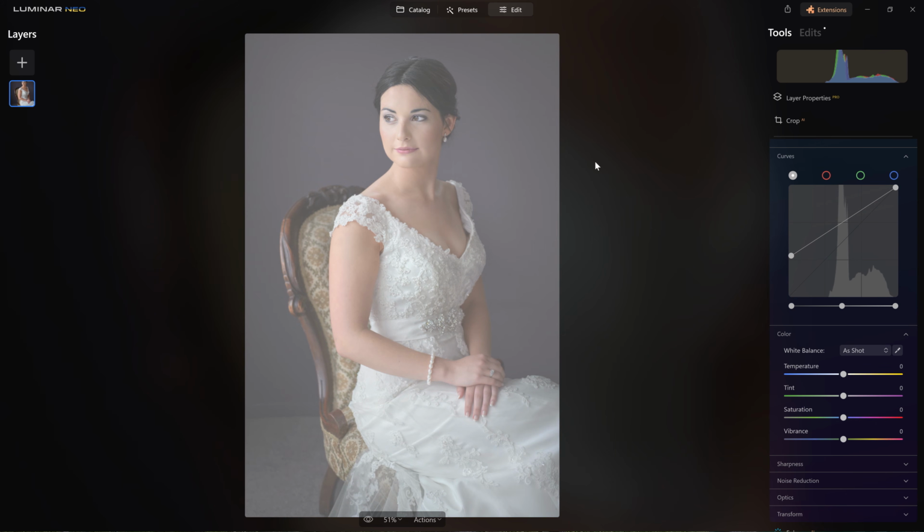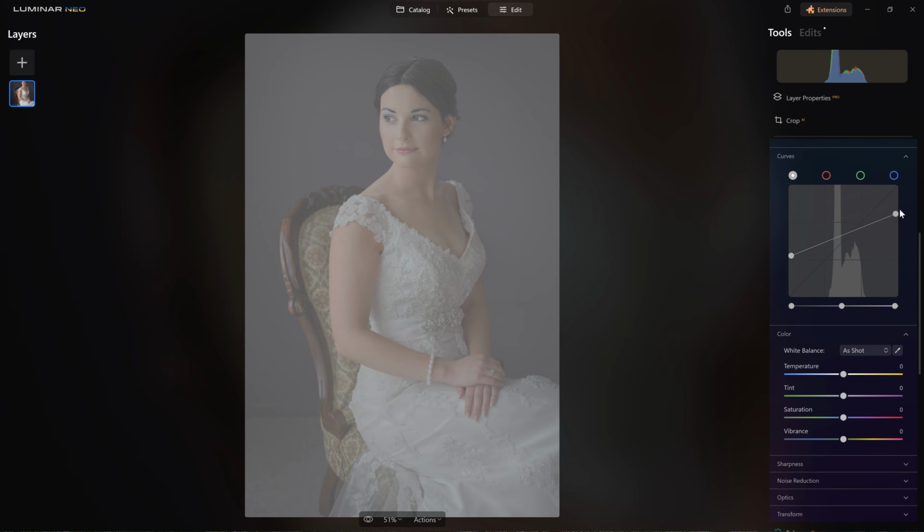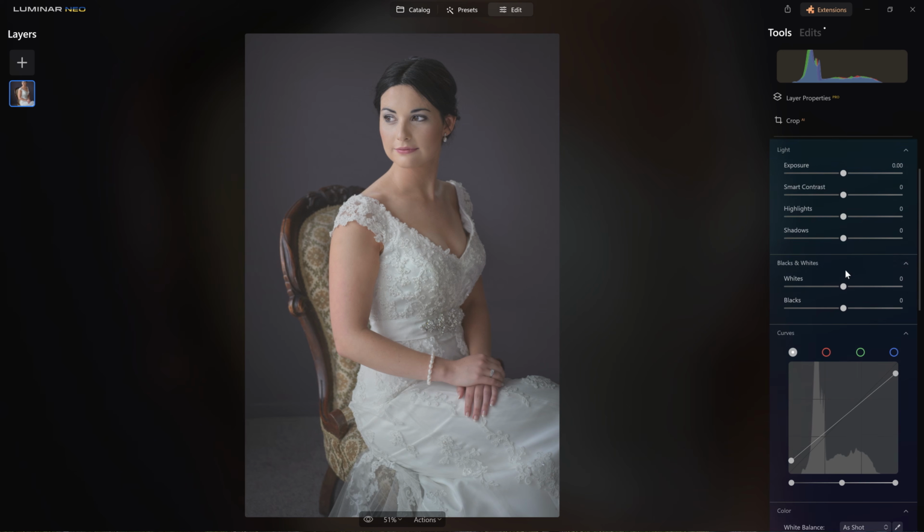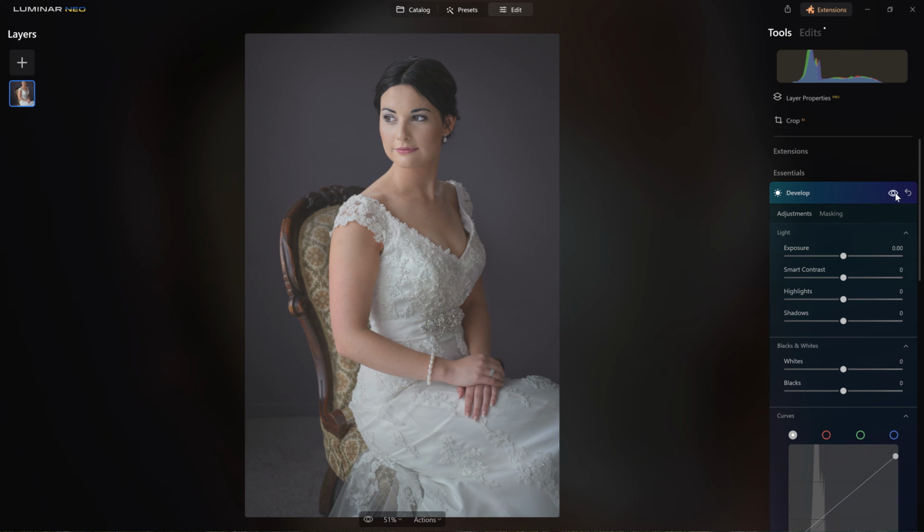And as I raise that up, it's raising the tonal value of the blacks and the shadows. By the same token, if I grab the top right and start bringing that down, it's doing the opposite effect. It's grabbing the highlights and bringing out the whites from the highlights. So by using this knowledge, we can create our own faded look. So all we've done is move those 2 points. And if we have a quick look at the before and after, you can see that we've already faded that